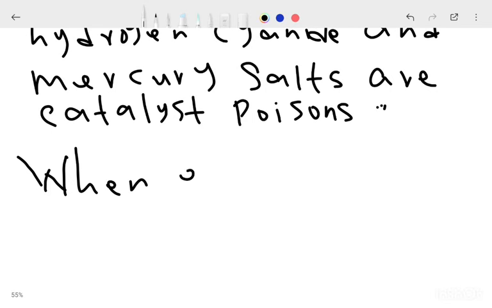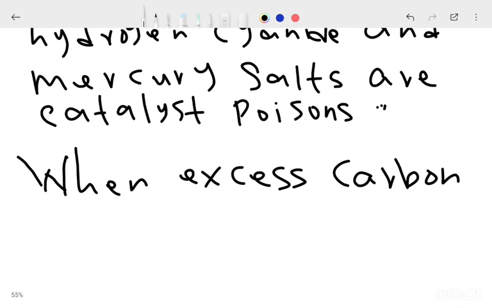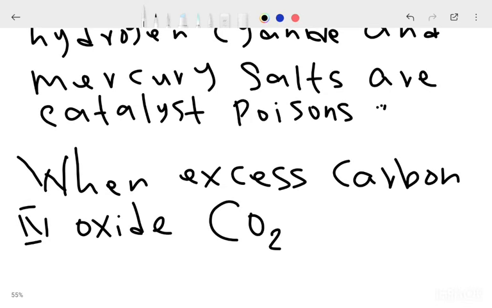Okay, when excess carbon dioxide... What is the chemical formula of carbon dioxide? Try to know chemical formulas, it's very important. Are you getting it? Carbon dioxide, this is oxygen, okay? That is CO2. Make sure you know chemical formulas. It's very important. Are you getting it? So when excess carbon dioxide